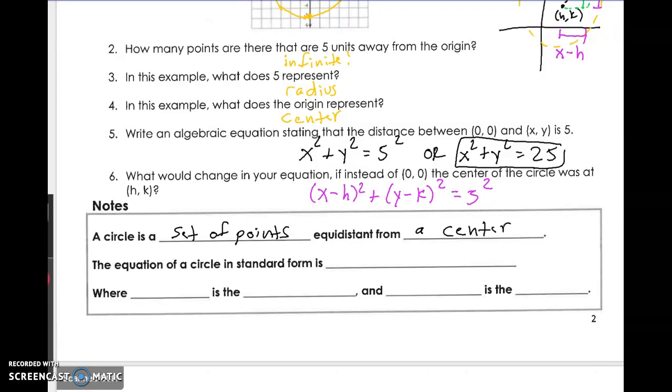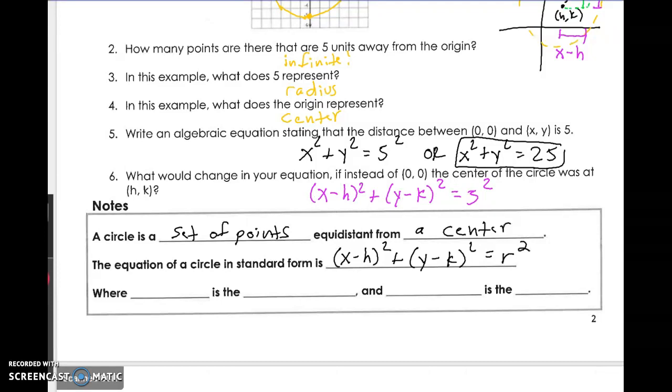So a circle is the set of all points that are equidistant from a center point. The equation of a circle in standard form is going to be in this form, which is x minus h squared plus y minus k squared equals r squared,